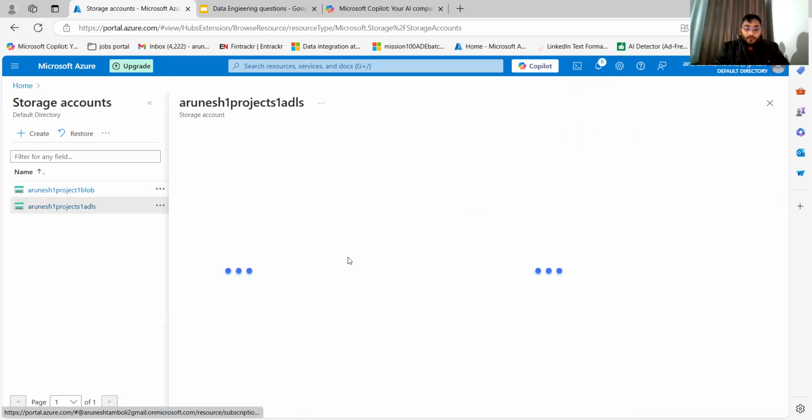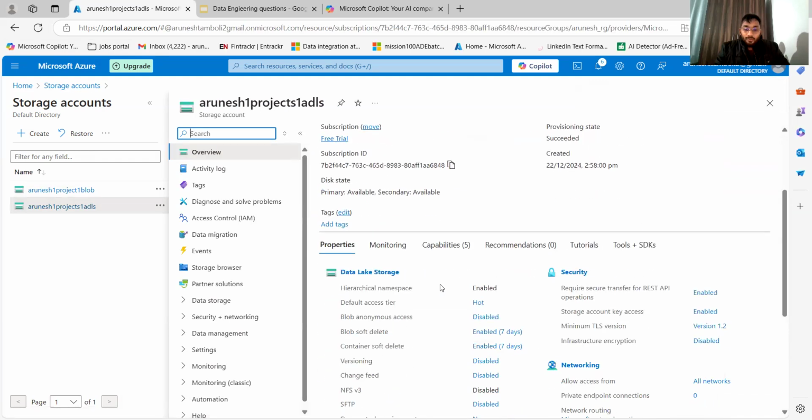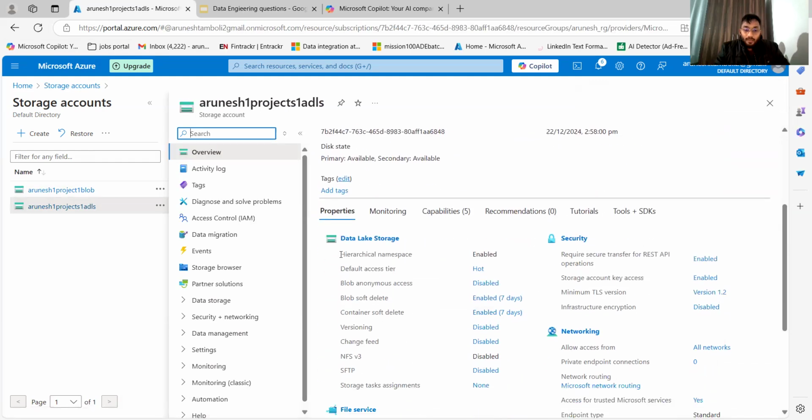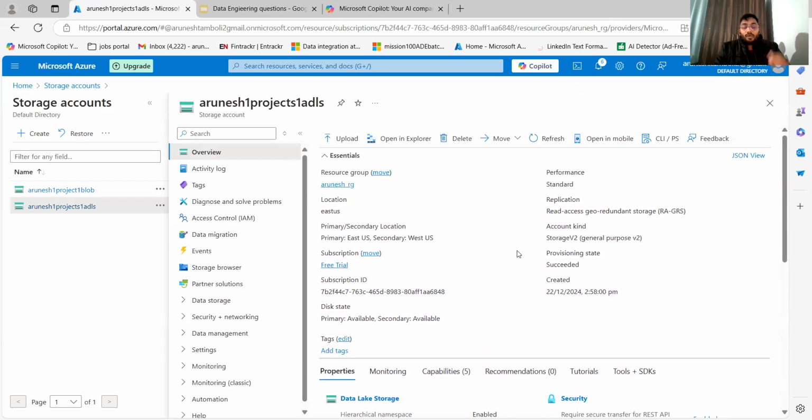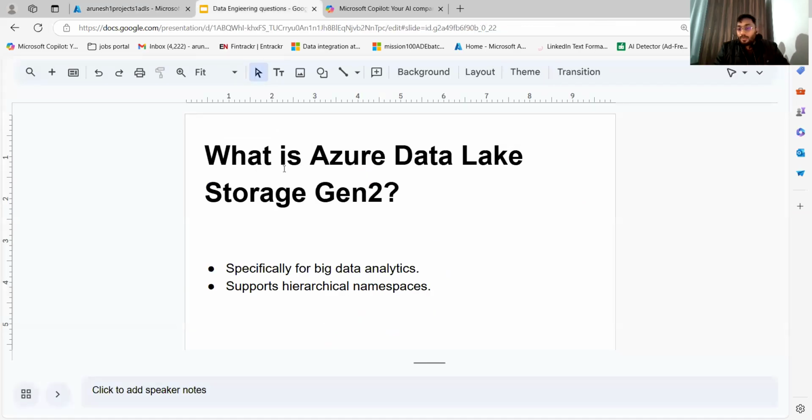If we go there and look at the data lake storage properties, hierarchical namespace has been enabled. That is the only reason it is able to create a folder inside another folder, and it will continue to do so. So that was the major difference